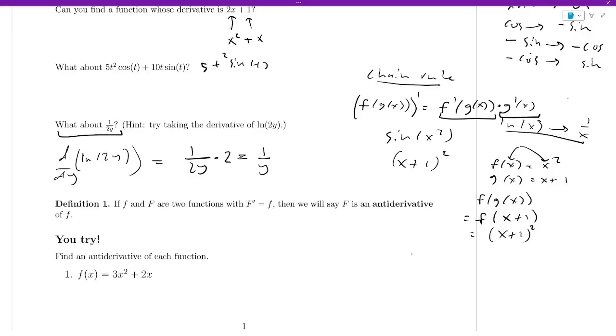So if I wanted to have the end result be 1 over 2y instead, that would just mean I have to change the starting thing a little bit. So maybe think about that for a second. How could I change my original function in order to actually end up with 1 over 2y in the end? So what you can do is,